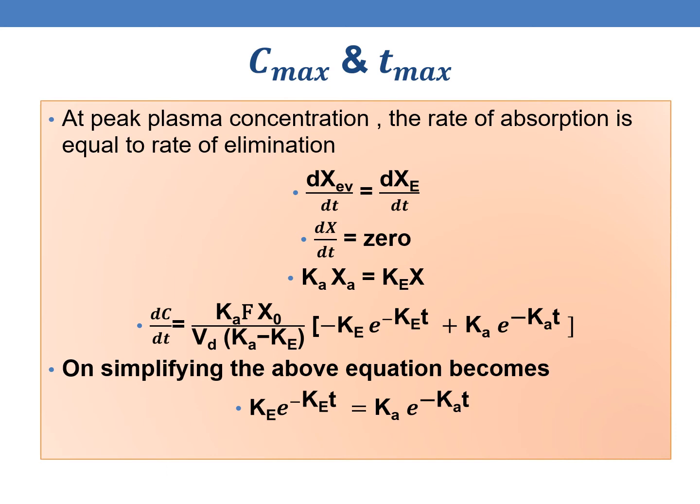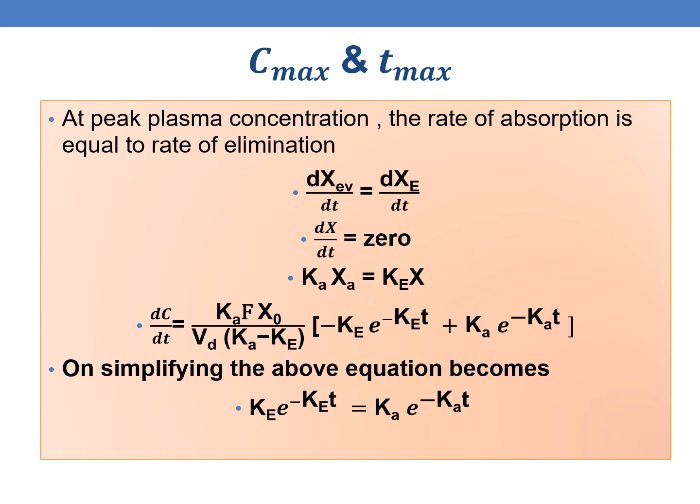In such case, Ka Xa is equal to Ke Xe, and we all know that dC by dt is equal to Ka F X0 by Vd into Ka minus Ke into minus Ke e to the power of minus Ket plus Ka e to the power of minus Kat. On simplifying the above equation, this becomes